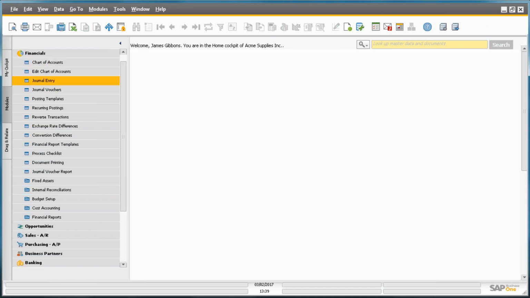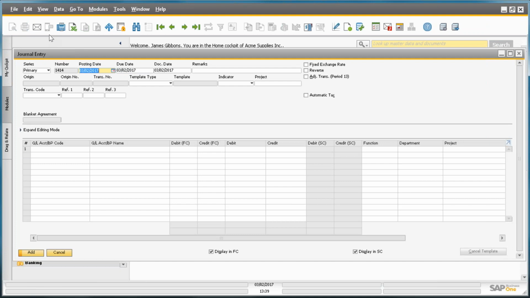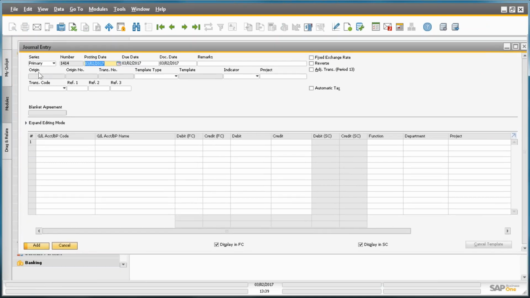Now, journal entries. This is the journal entry screen, and there's two sources of journal entries in SAP. We have automatic journal entries and we have manual journal entries. The automatic journal entries come from your marketing documents. So if I go back into this,